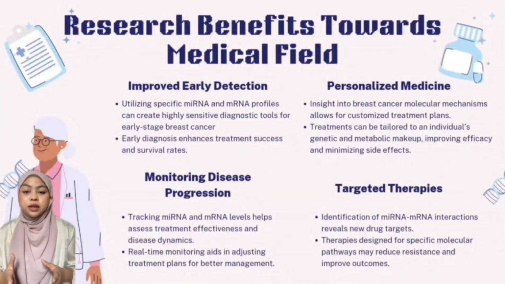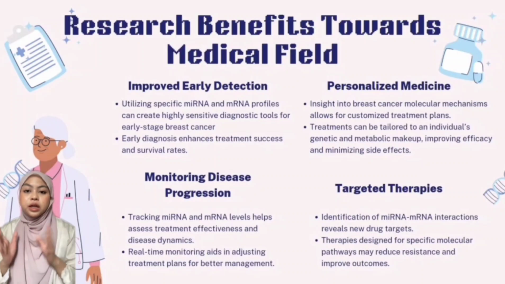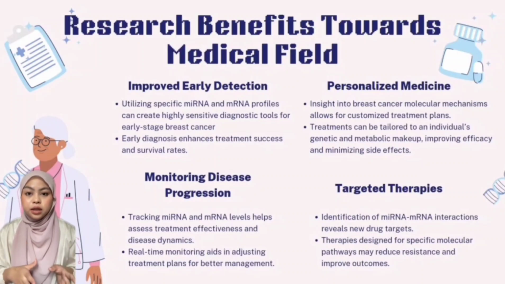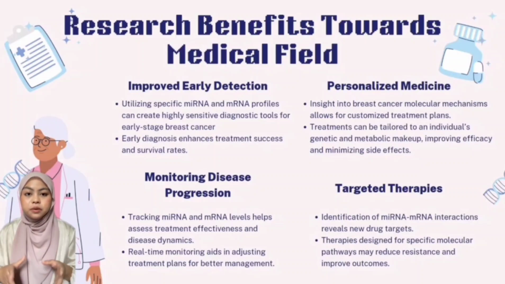The research on breast cancer metabolomics provides several significant benefits to the medical field. So the first one is improved early detection. The identification of specific miRNA and mRNA profiles associated with different stages of breast cancer can lead to the development of more sensitive and specific diagnostic tests. Early detection is crucial in breast cancer as it significantly improves treatment outcomes and survival rate. By utilizing biomarkers identified in this research, healthcare professionals can diagnose breast cancer at an earlier stage, allowing for timely